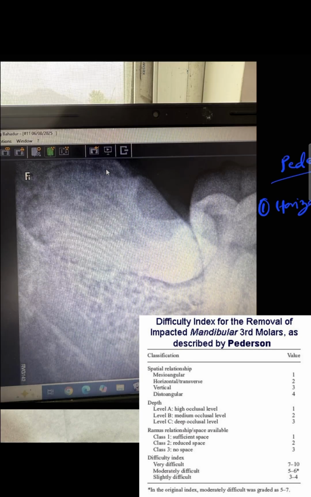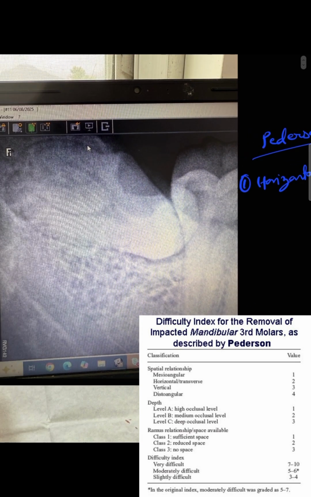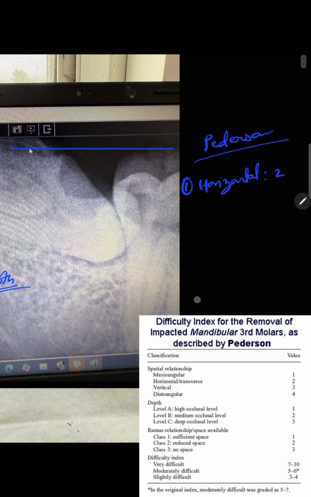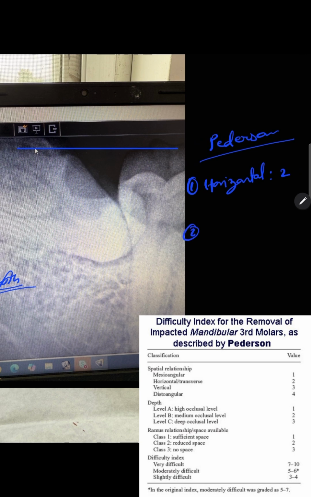The next classification that is incorporated in Pederson's difficulty index is the Bell and Gregory classification. There are two components in the Bell and Gregory classification. The first is the depth of the impaction. It measures how deep the mandibular third molar is from the occlusal plane that passes along the mandibular second molar. So in this diagram we can see the mandibular third molar is almost at the level of the occlusal plane of the mandibular second molar. This is classified as level A